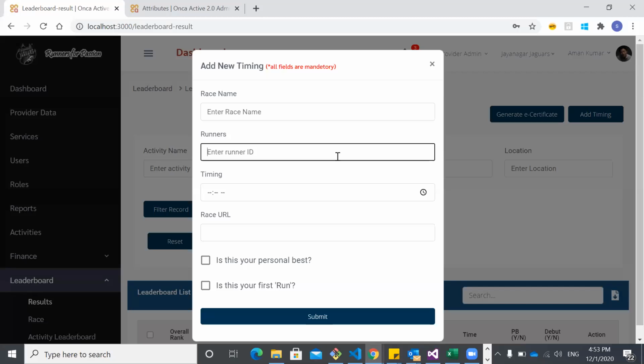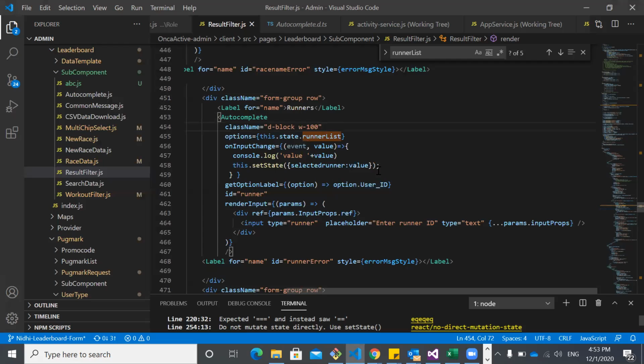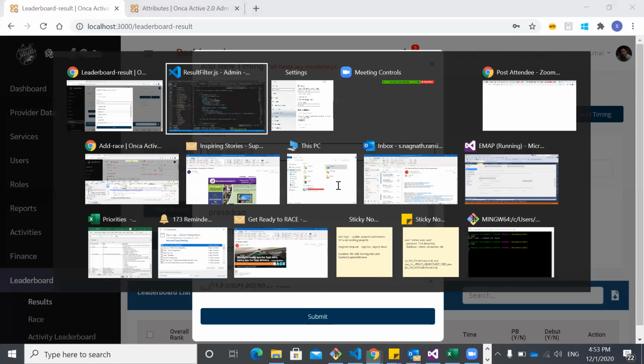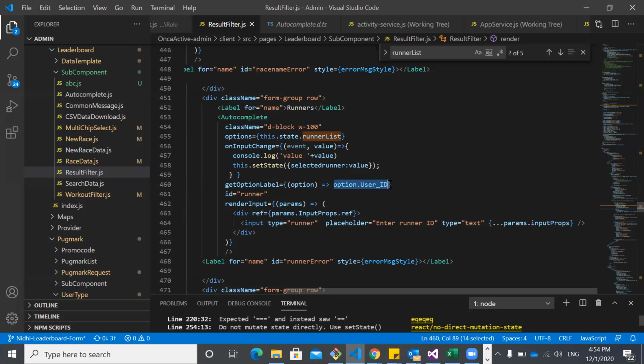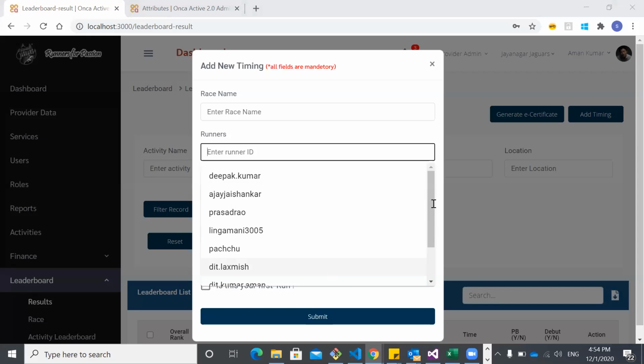So here names are coming, Deepak.Kumar. Under runner list dot user ID, all these names which are coming are nothing but option dot user ID. We are validating and keeping them one by one under this list.